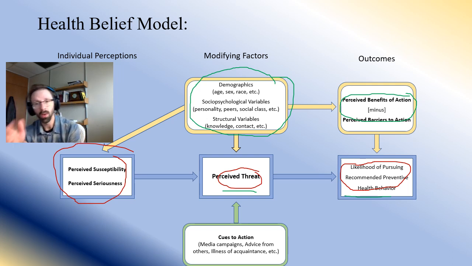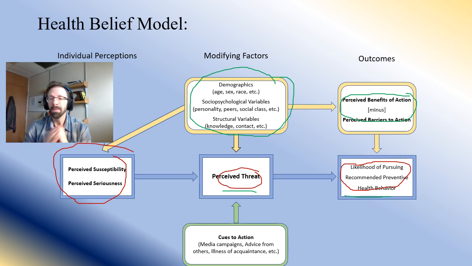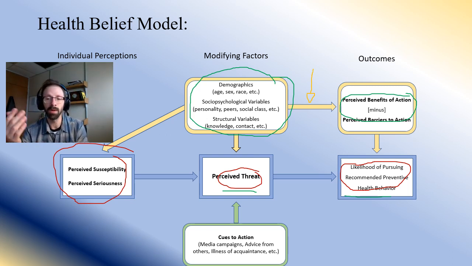They can influence the whole perceived benefits of action minus the perceived barriers to action. And incidentally, as we get on to the other social comparison, social cognition, social norms theories, I want to draw your attention to this arrow right here, this relationship. That's probably what we're talking about when we're talking about leveraging those theories to modify perceived benefits of action. Those demographics, the socio-psychological factors, the structural variables, those things are going to shape perceived benefits of action and perceived